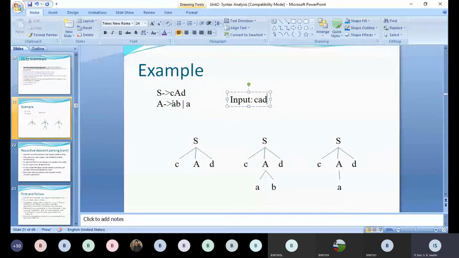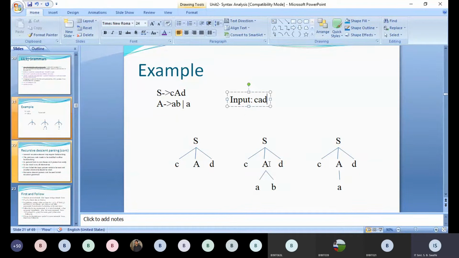So for A, we have the first expression. First, in recursive descent parsing, we will try all the options. We won't go for random checking, right? That is the thing in recursive descent parsing. So first we have to take AB. We cannot skip AB. We cannot go directly for the second option. In a sequential manner, we have to check all the expressions.